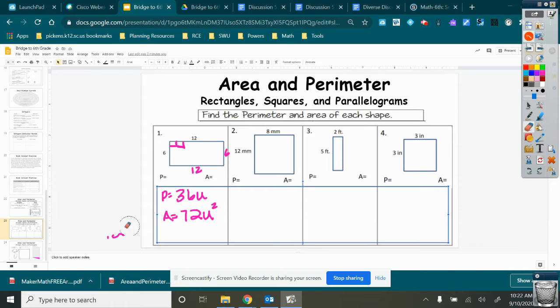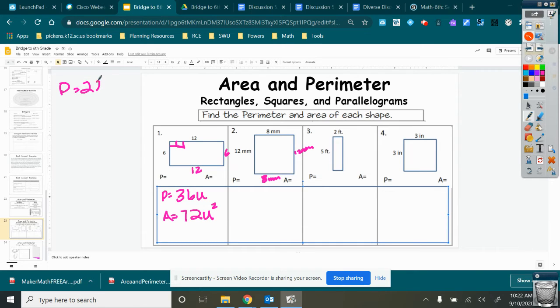So on number 2, we have a rectangle that has units, this time millimeters, and we have side lengths of 12 and 8. And since this is a rectangle, we know that opposite sides are equal. So this side is 8 millimeters also, and this side is 12 millimeters also. So for perimeter, again, we can add up all 4 of these numbers, or we can do 2 times 12,